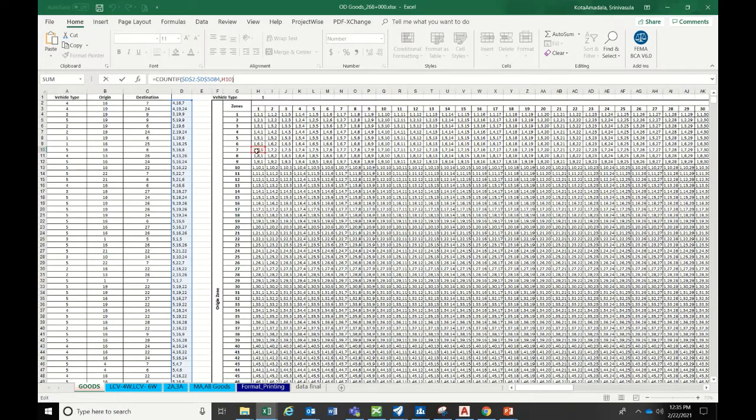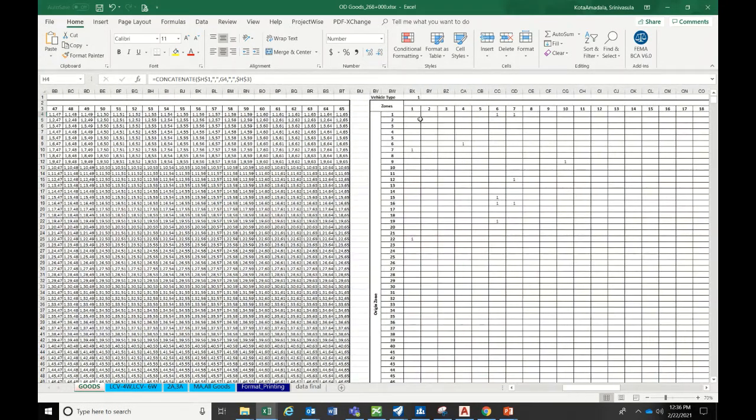171, vehicle type 1 coming from 7 and going to 1. This type of matrix is available only one number in this entire sample. 1100 samples are there. Out of these, only one is available. So that's why this type of configuration is not allowable, that's why it is blank. You can see, again here only one.